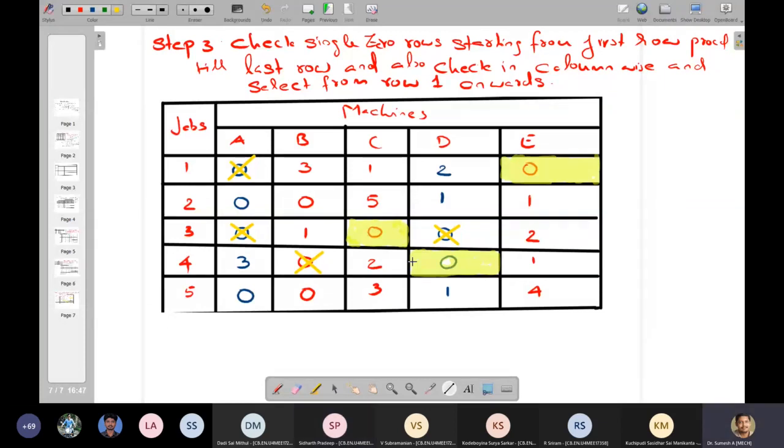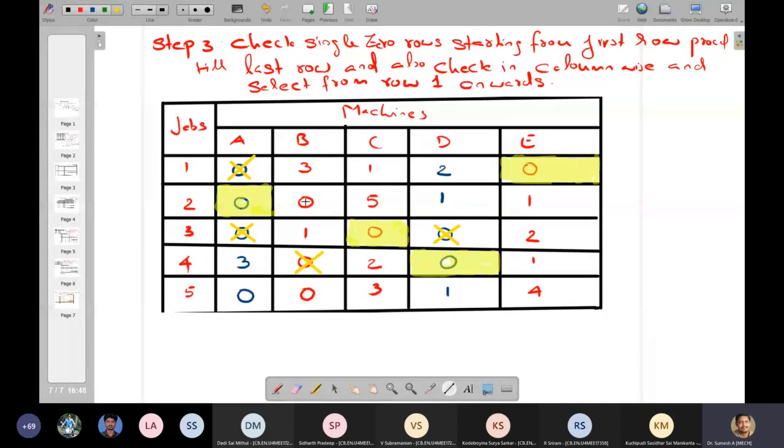So now the next two you can arbitrarily choose. If you want to choose this, you can choose this way. So when I choose this, it is my arbitrary guess. Okay, I am choosing it arbitrarily. When I choose this, this 0 is gone, so that is also gone, and this is also gone. Now only one 0 will be left over here. I have provided the assignment.